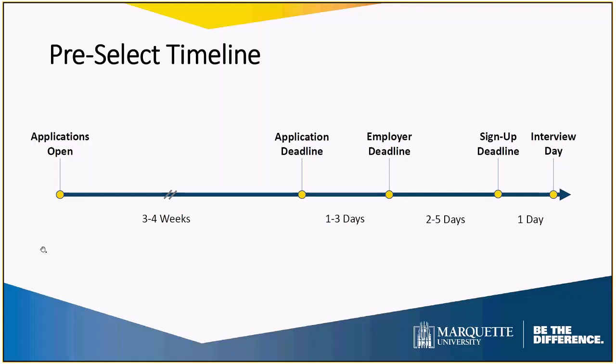So the first date that needs to be decided is when the job application opens. Typically, we recommend having that post live for 3 to 4 weeks to give students time to find it and get their application together and submitted. Next is the application deadline, which obviously is when students can no longer submit an application. And then from there, you'll generally have 1 to 3 days to review applications and to decide who you'd like to interview. At that employer deadline, that's when Handshake will send out emails to your selected candidates. So it's important that you make your selections during that window. And typically, again, that's 1 to 3 days for you to do that.